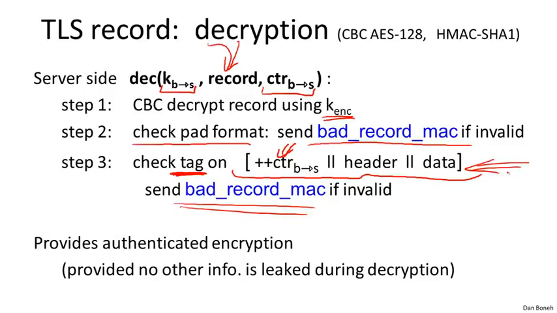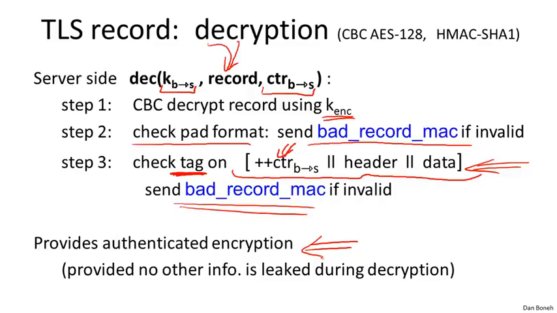And the nice thing about this is because both sides know the value of the counter implicitly, there's never a need to send the counter in the record itself. So the counter itself doesn't increase the length of the ciphertext at all. Now, we already mentioned that this particular approach to authenticated encryption, namely MAC then encrypt using CBC encryption, is in